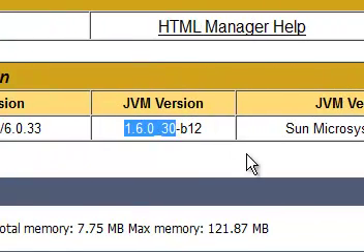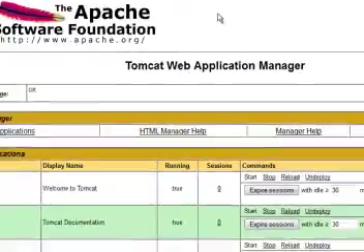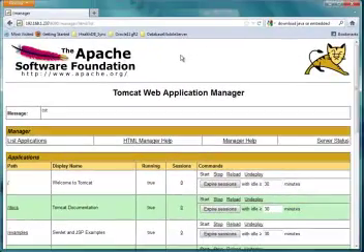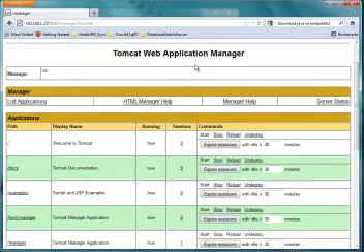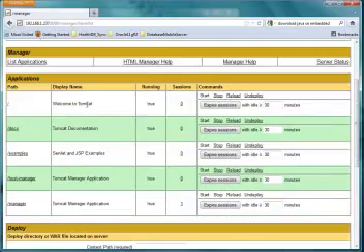JVM. Now, one of the nice things about Java EE and these web containers is it's really straightforward to deploy applications on them. We just went to the application page of the web container, and you'll see that by default Apache does install a few web applications already. What we want to do now is install 2 more, and that will get us up and running within the context of this demo.